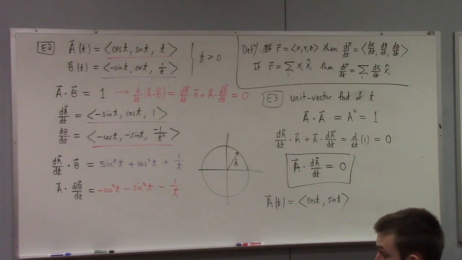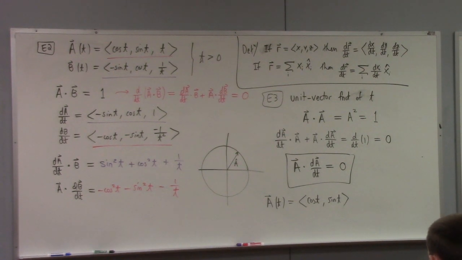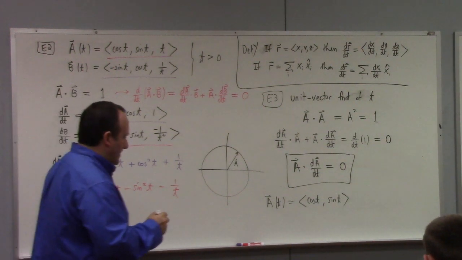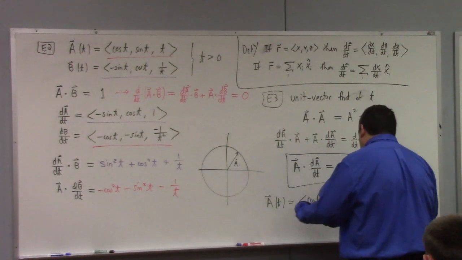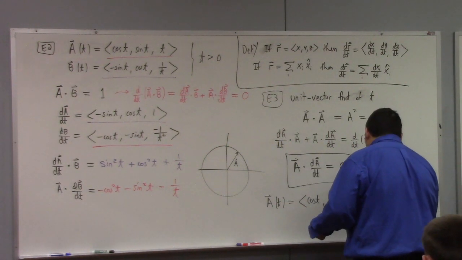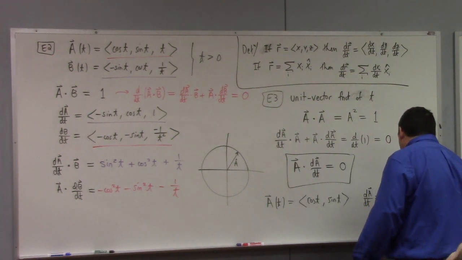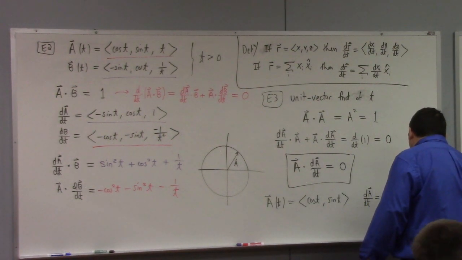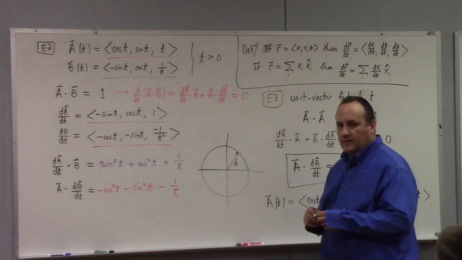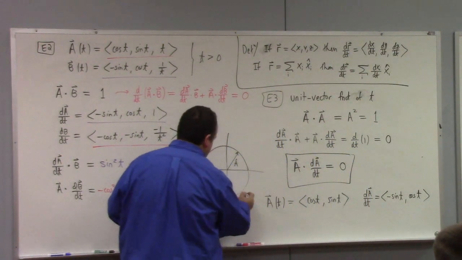So differentiate it. What's that look like? You get what? So the length is 1. We agree on that. dA/dt is what? Minus sine t, cosine t, right? So the direction of this curve